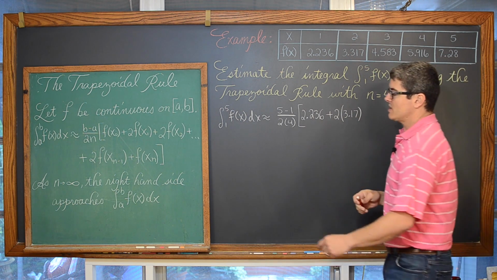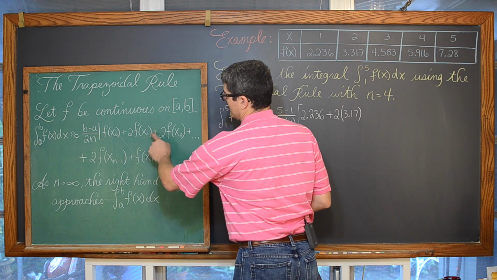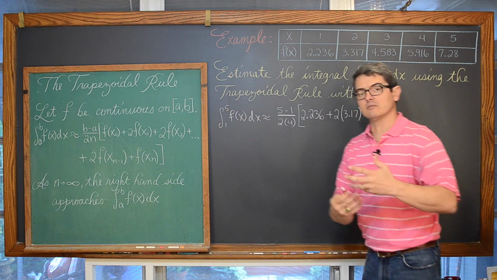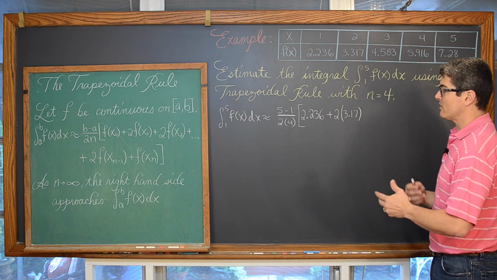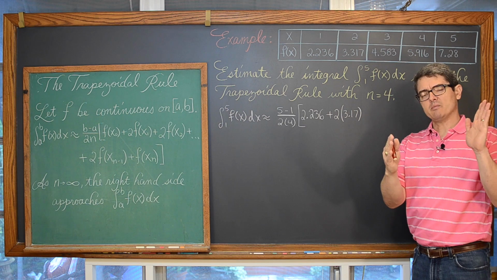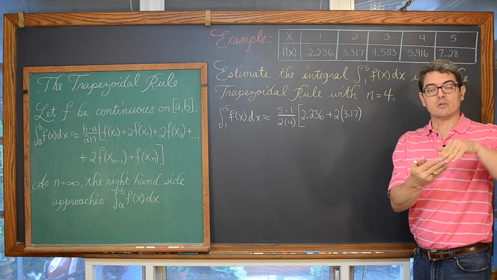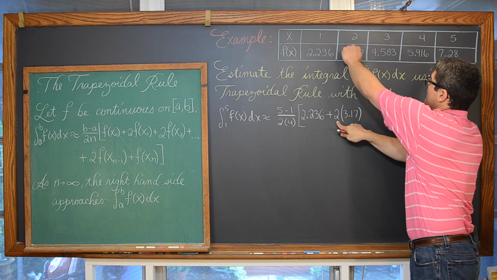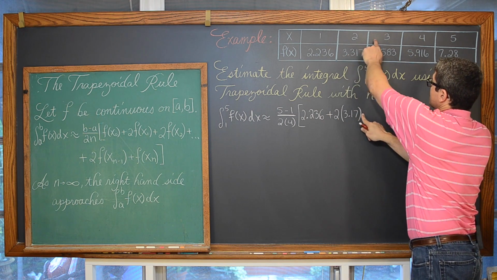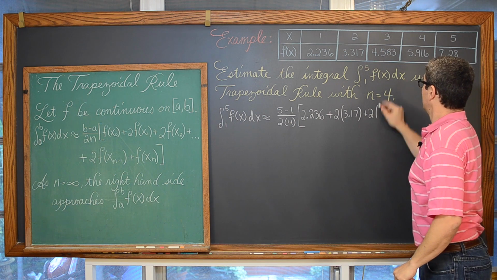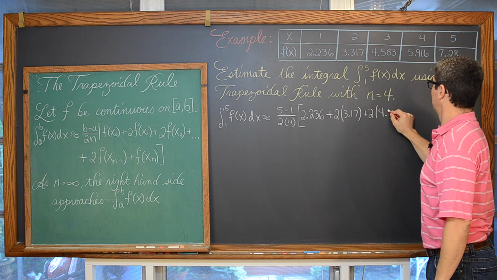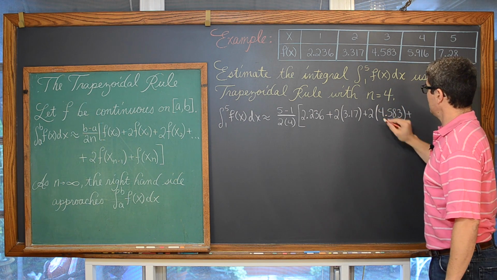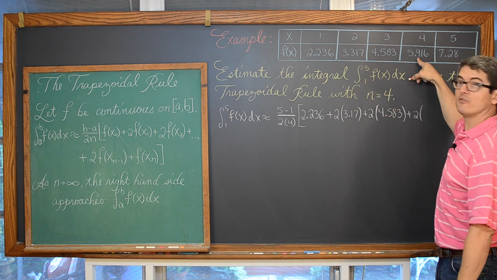3.17, and we're going to keep with that idea of having a coefficient of 2 in front of the y value that we're getting from our function until we get to the last term in this rule, where we work with that last rightmost base of the trapezoid. So we have 2 times f of 2 plus 2 times f of 3, plus 2 times f of 4,